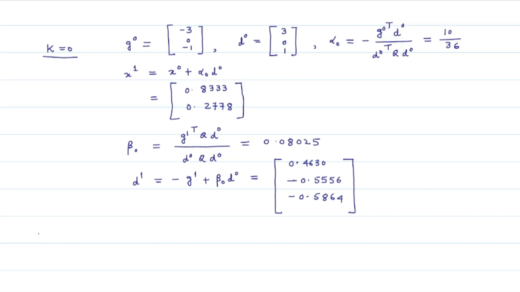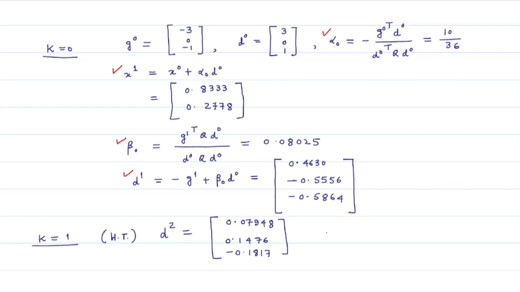And with this vector d1, we go for computing the next iterate, that is for k is equal to 1. You go for computing alpha 1, then x2, then beta 1, and then d2. You will find that as a home task. I am writing out that the direction d2 is given by